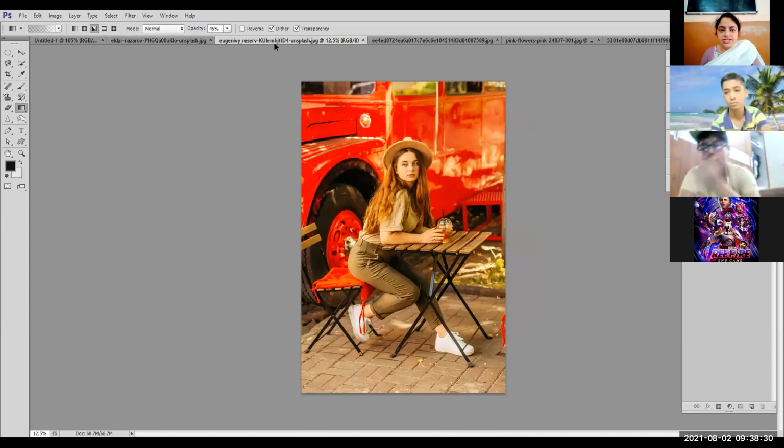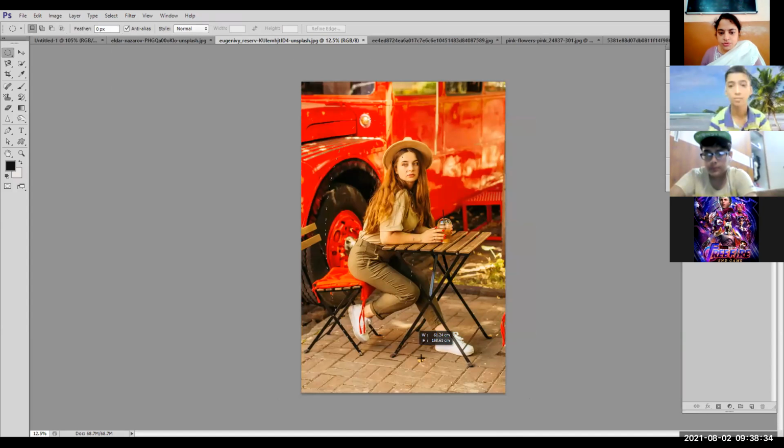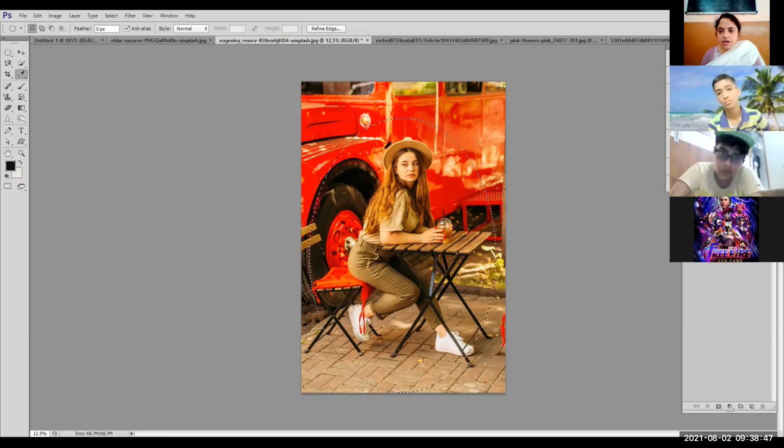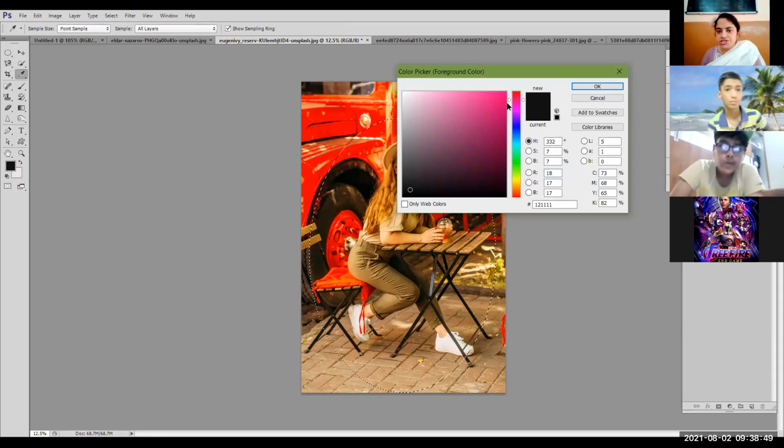Okay, see one more example. I'm going to select the area that I want, like this. Adjust the area that you want to have. Then choose the color that you want to fill outside.